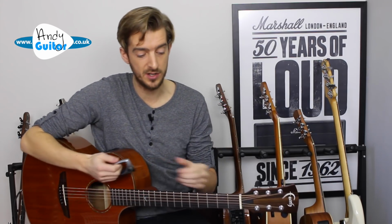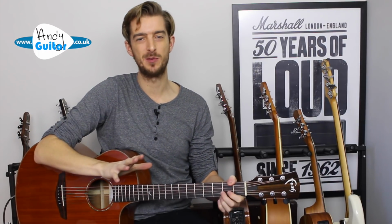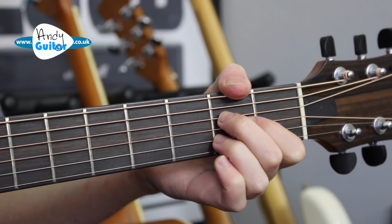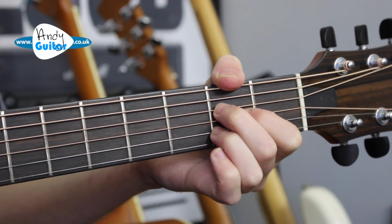But let's go straight on to verse 2, where we're going to add the plucking, and from here it's exactly the same as we've done before, same chords, same order. So let's add that root note now with the strumming hand. Let's give this a go. From the A chord, 1, 2, the